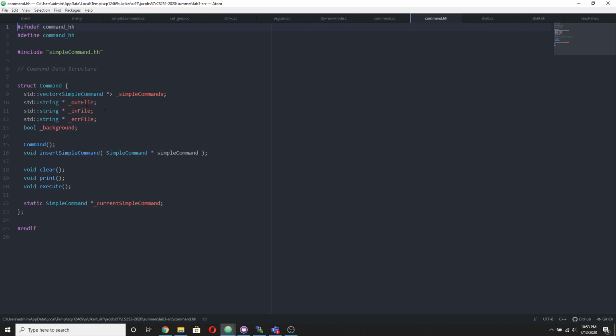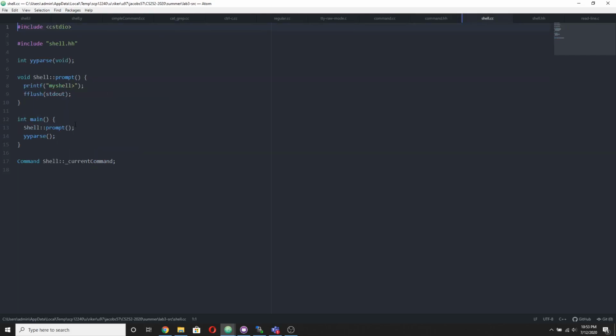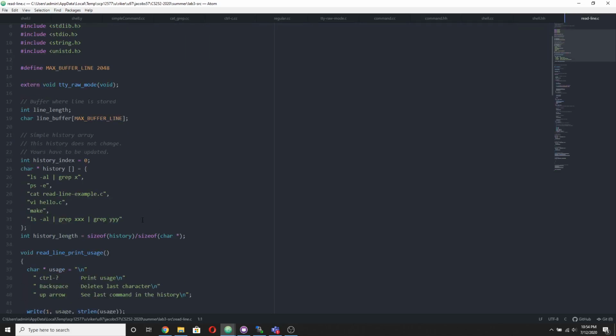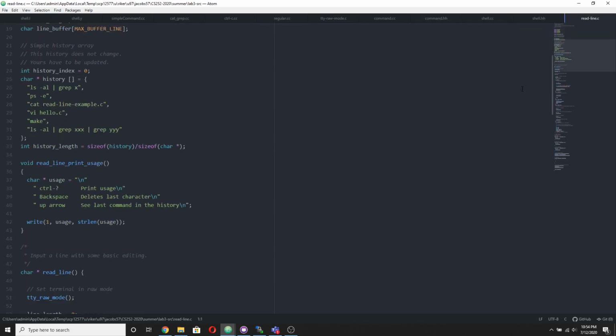Command.hh defines the command struct. Notice that we have room to store our out file, in file, err file, and whether it's going to be a background process or not, depending on if it's an ampersand or not. Shell.cc, you won't have to touch this, I think. This is just starting off the shell by throwing out a prompt and then doing yyparse. And readline, which we also went over. So that's it for this